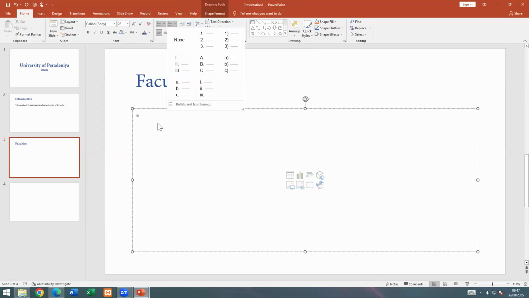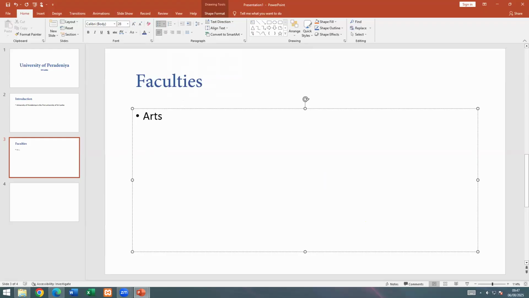You can add some list. Say, I will add short names: faculty of arts, faculty of agriculture, and you can add medicine, management,